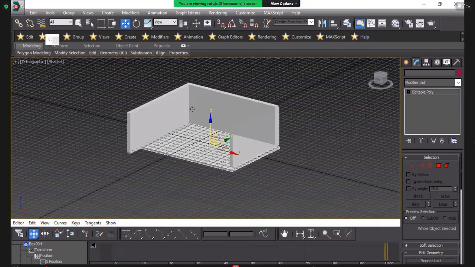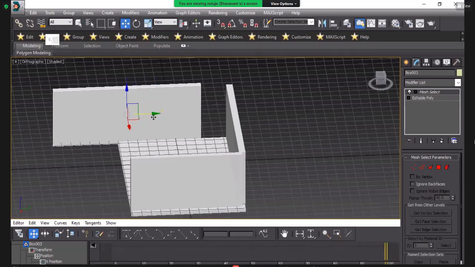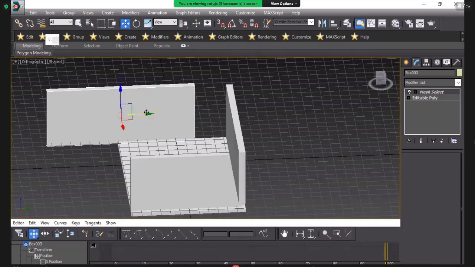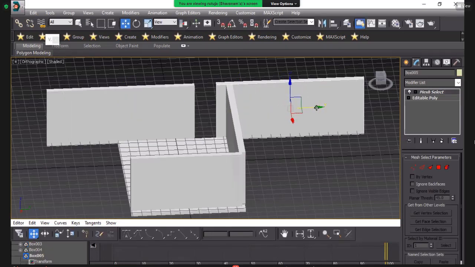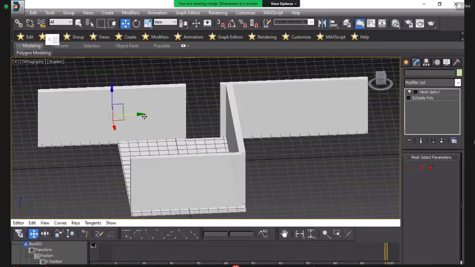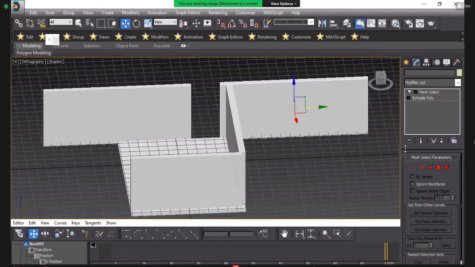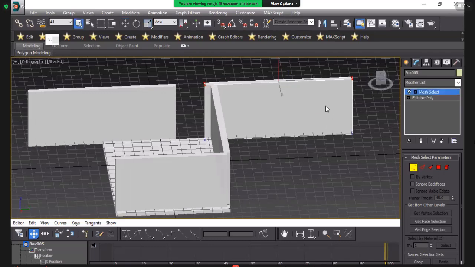So I will teach you how to draw a window here. In your model, here is one window. I copy this wall like that, press OK, move this wall to this side and change the height.